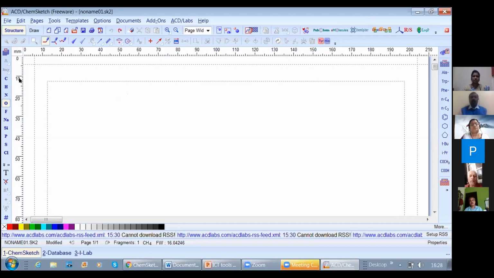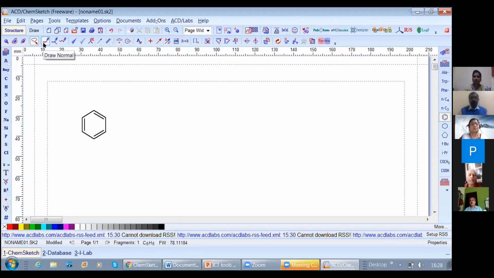Then coming to this side, right hand side, here there are some shortcuts for some of the elements. See, for example, I have benzene here. So if you want benzene, you can just click on this and you can click on the screen. You will get benzene.